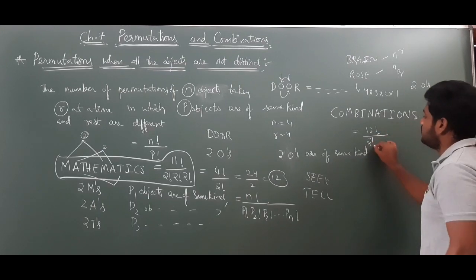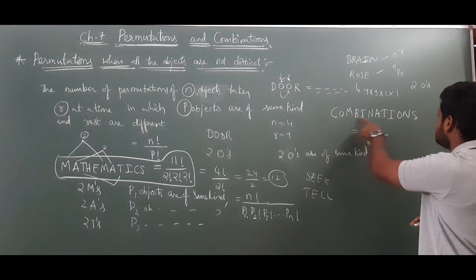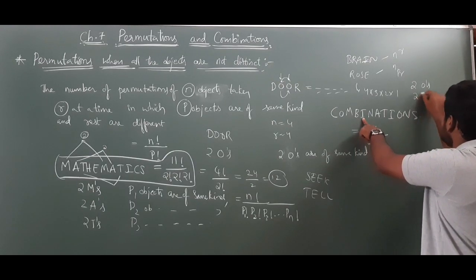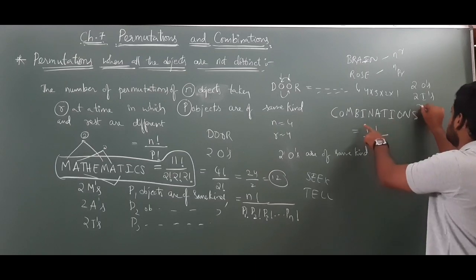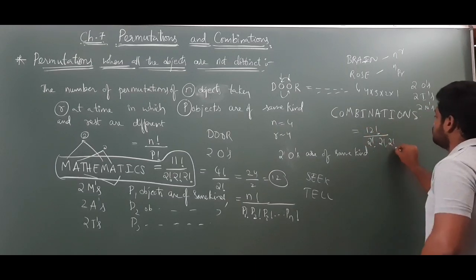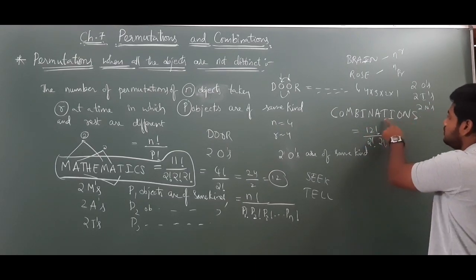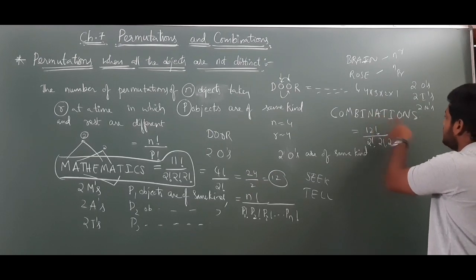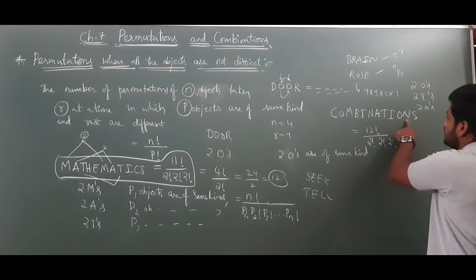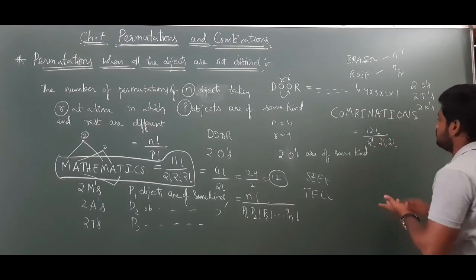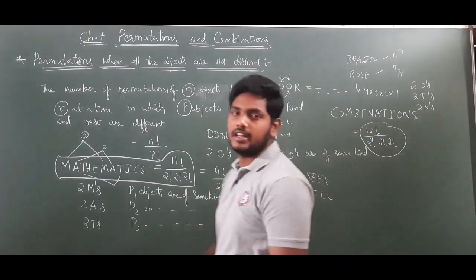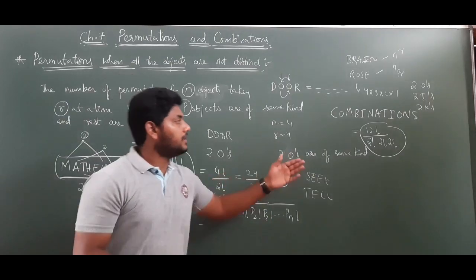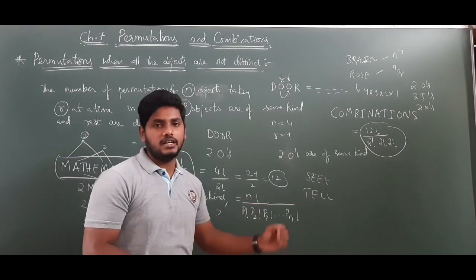That means 2 factorial. Next, is M repeated? No. B repeated? No. I repeated? Yes. 2 I's are there. That means 2 factorial. Into N repeated? Yes. 2 N's are there. So again 2 factorial. Again A? No. T? No. I already over. O already over. N already over. So 12 factorial by 2 factorial into 2 factorial into 2 factorial. Like that, if any letters are repeated, we write them in the denominator.